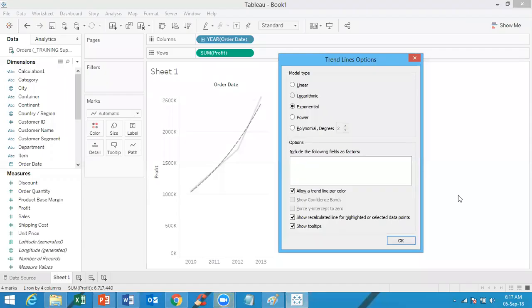Tableau will make use of an exponential series algorithm to compute the trends. So in the exponential model, Tableau makes use of the exponential series algorithm to compute the trends. So we'll see what